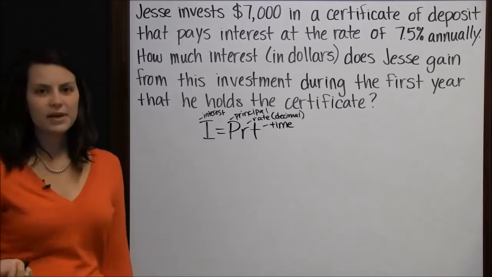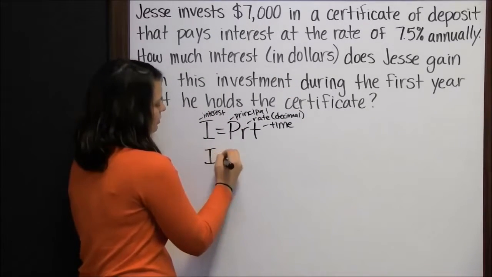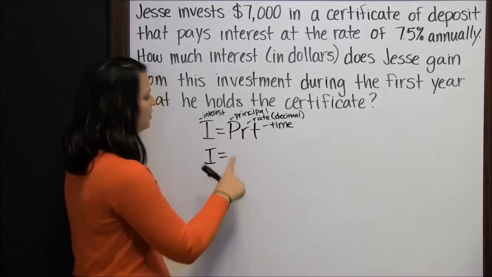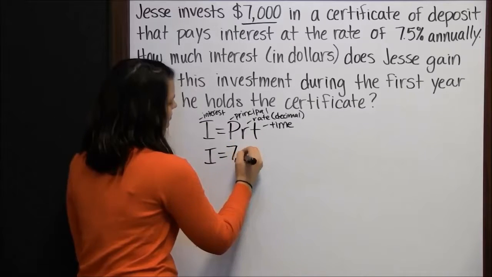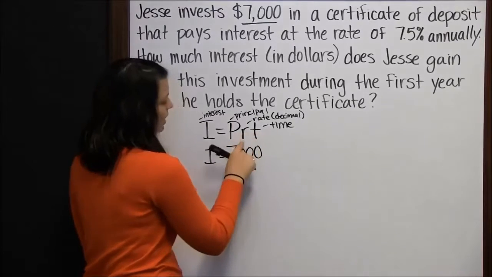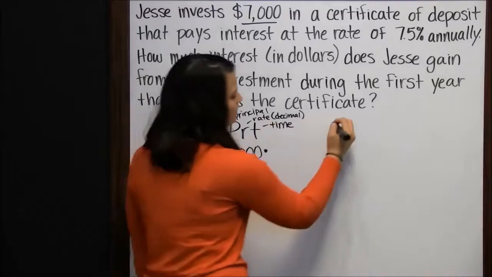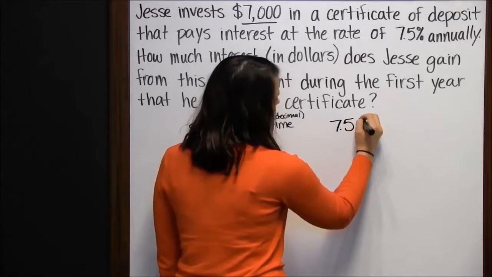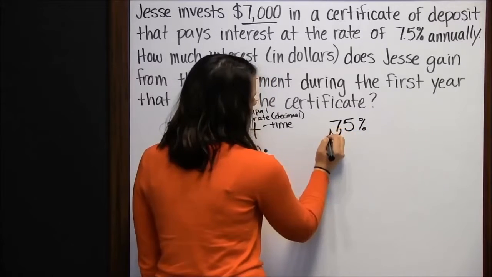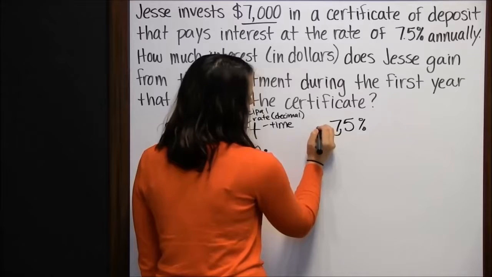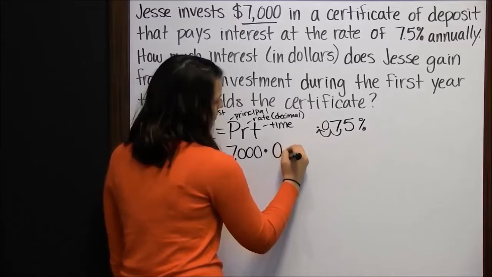So we're going to take our information from our problem and plug it in. So our amount of interest is equal to the principal, $7,000, times the rate as a decimal again. So we're taking 7.5% and changing it to a decimal, which means taking the decimal and moving it 2 places to the left. So you add that 0, so it's